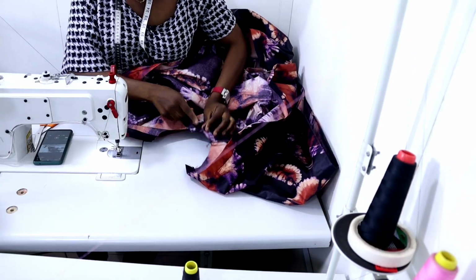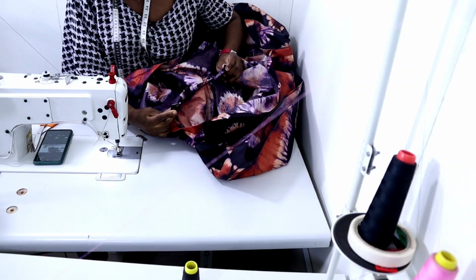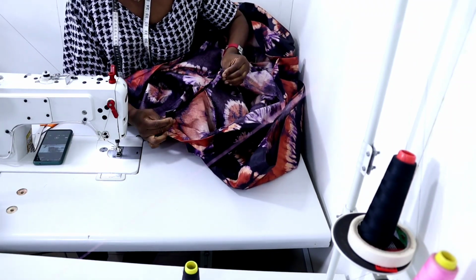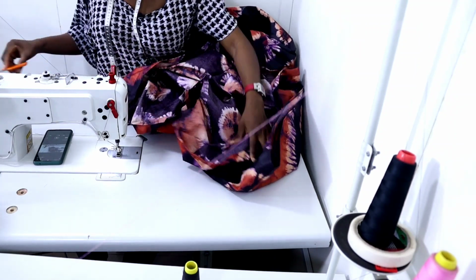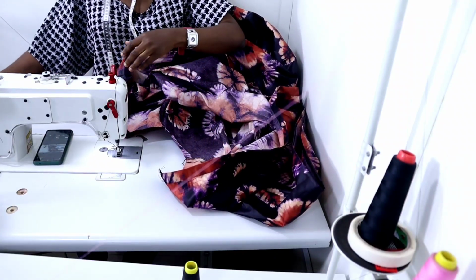So make sure you locate the center of the neckline at the back. So just fold the two. This is the two plackets. Match the two plackets together this way so that you can locate the center of the neckline. So once you locate it, you notch it, and then you place